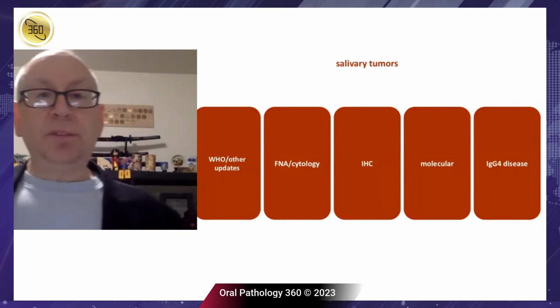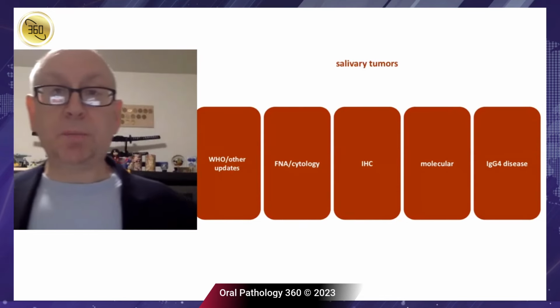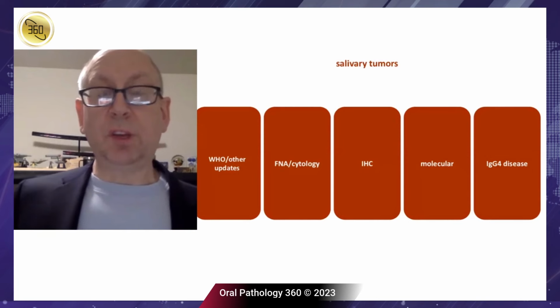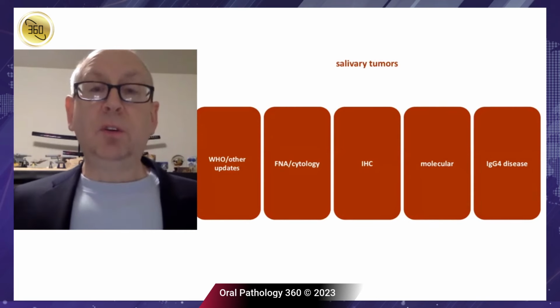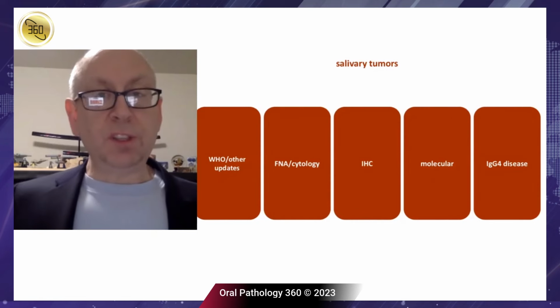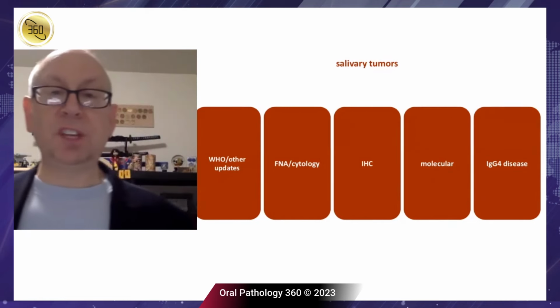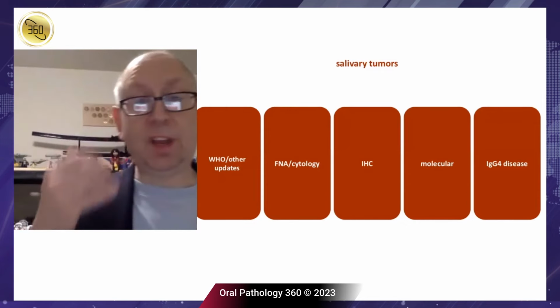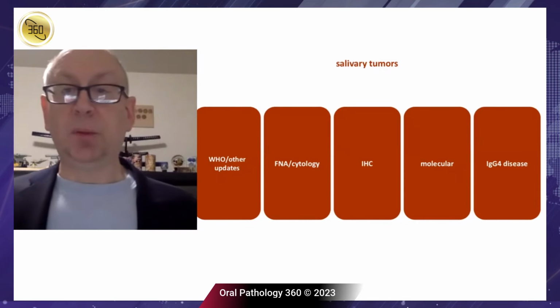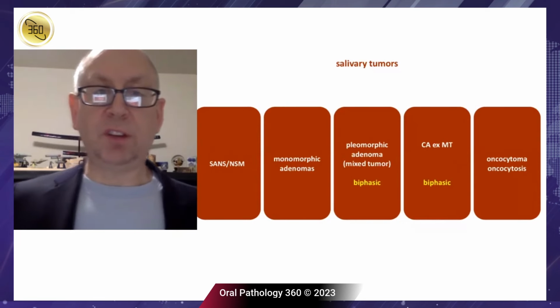And then you have salivary tumors. And this is probably one of the areas we've learned the most about in the last 10 years. So when you look at individuals like Raja Sitala, who have been working on the genetics of this, the World Health Organization keeps updating this. And then we know there's all sorts of ancillary tests we can use for this, including FNA, immunohistochemistry, molecular testing, and even some immunohistochemistry to tease out, are there immune disorders related to those?